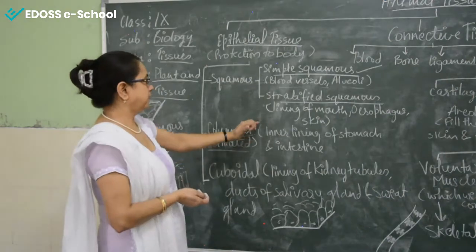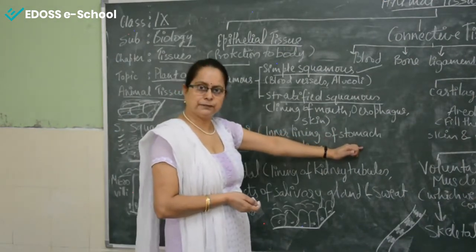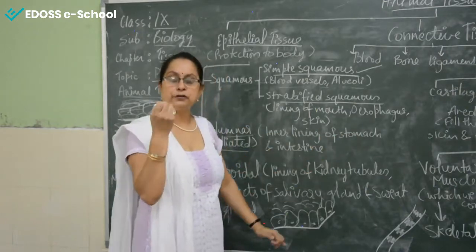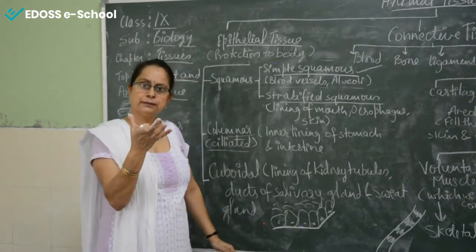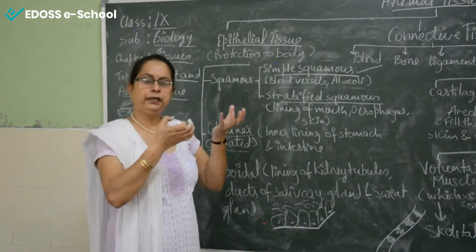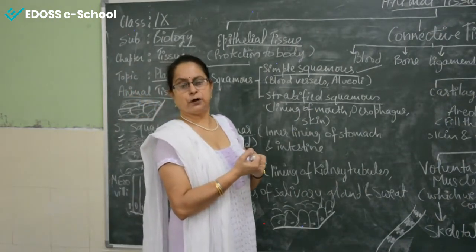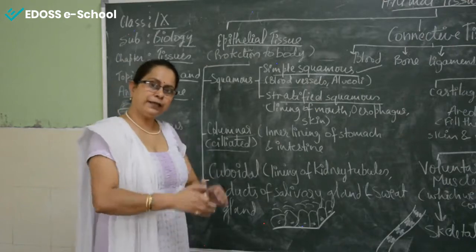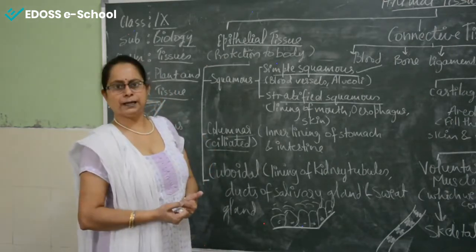So it is present in the inner lining of the stomach. In the stomach, emulsification of the food happens by the contraction and relaxation of the stomach. As you know, we engulf the food in a complex form that has to be broken down to convert it into simpler form. Only then our body is able to absorb that.